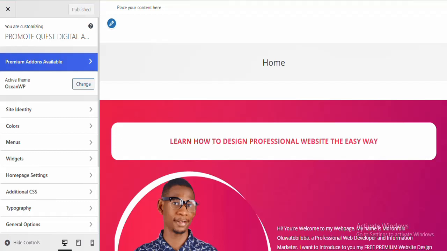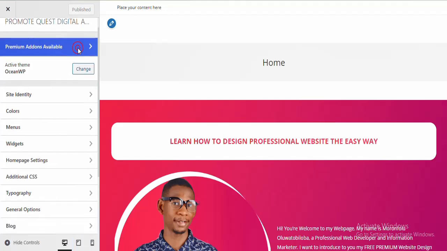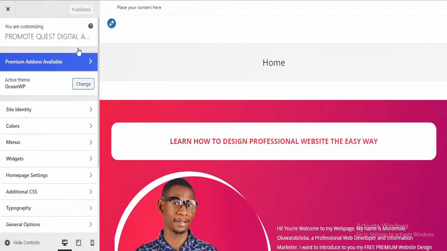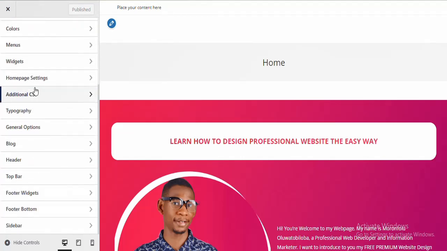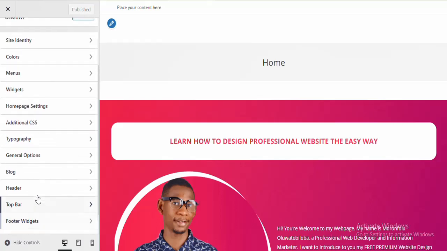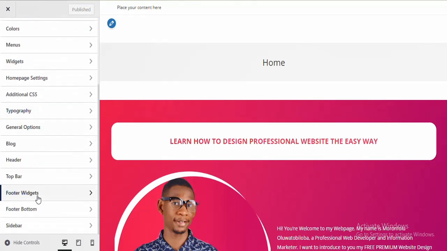But do you notice the changes? You will discover that our previous theme does not give us a full feature. As you can see on my customizer, I have even more features than I had previously. You see, active theme Ocean WP. So now I have more features on my customizer,